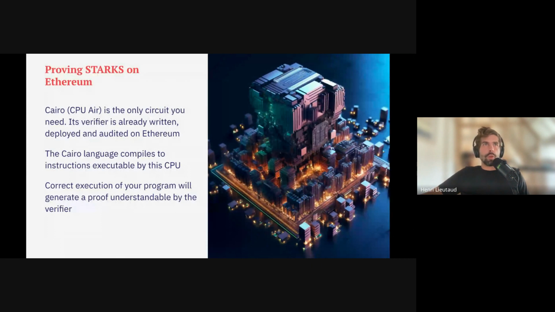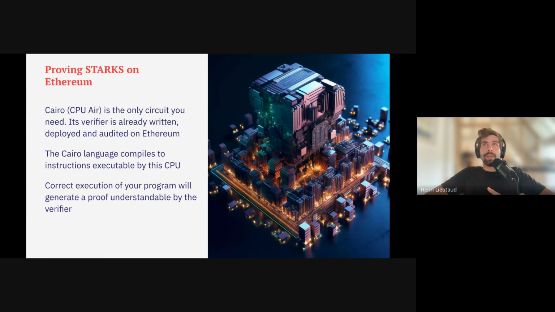I'm not sure if you had a session on it already, but Cairo is a weird term because it designates so many different things. Initially, Cairo is CPU AIR. It is a provable circuit that represents a CPU that allows you to generate computation and then prove it efficiently. There's an open source prover, and there's a verifier that is not on Ethereum, but there's also a verifier on Ethereum that has been deployed and audited.